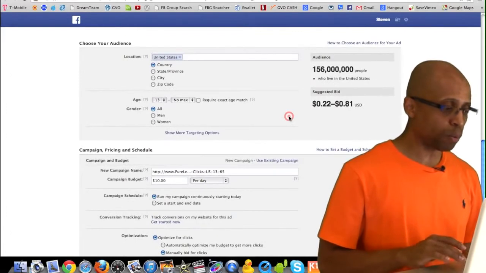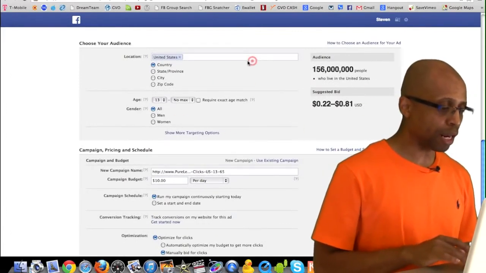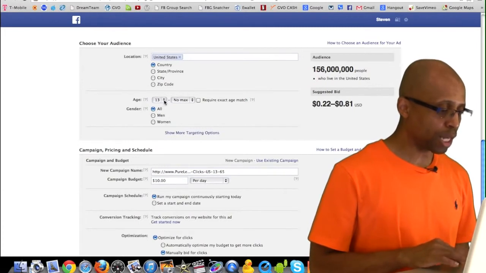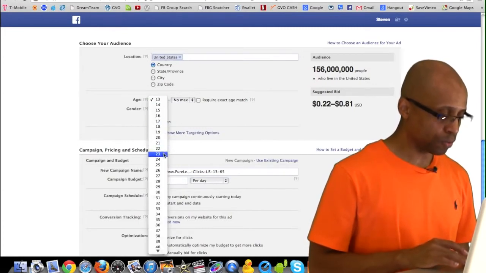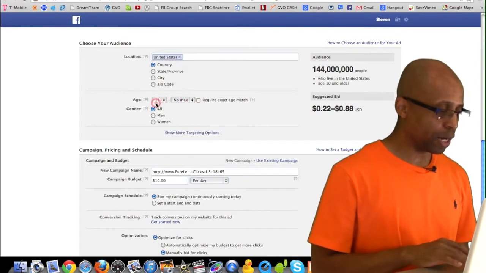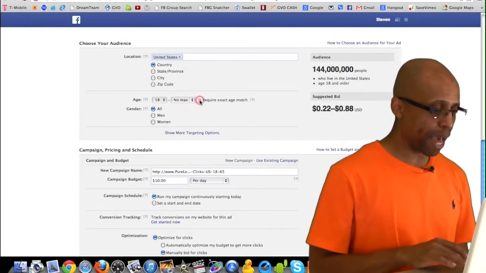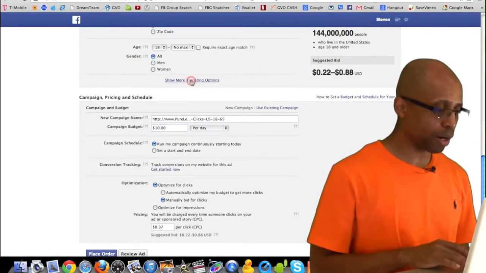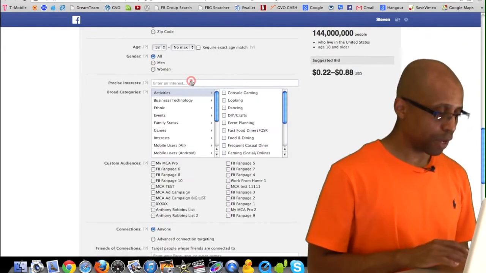Now here's one part. This piece right here, you can just leave that alone. You don't even really have to worry about that. Sometimes it's always good to take them off of 13 and put at least 18 years of age right there. Put my little deal back on there. So 18, I really don't give a max there. So this is where you want to go here. Show more target options. So if I click on that